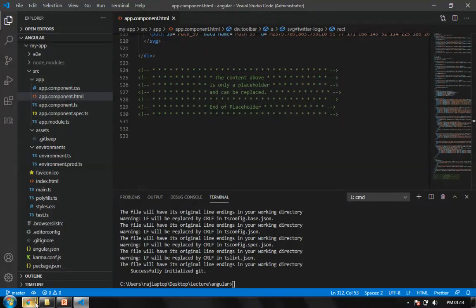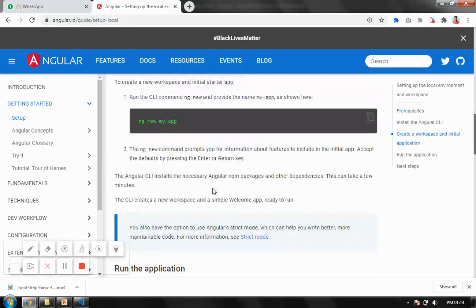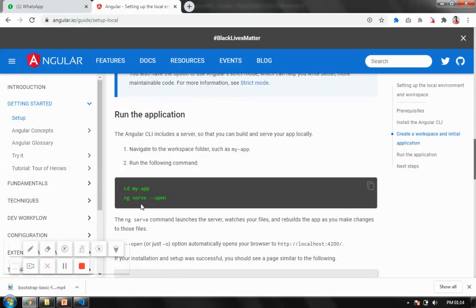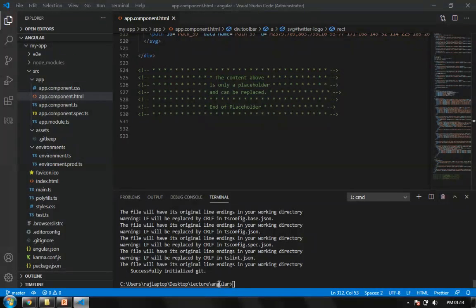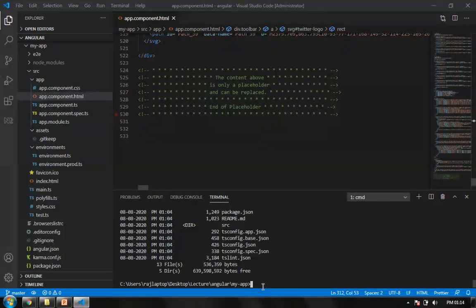Now to run this, the command is next. See, I'm just showing commands also to you. So to run, you have to go into that application directory. So we have to confirm it. Yes, we are in the application. No, we are not in the application because the application is my app. So I have to say cd, that is change directory, my app. So now we are in my app. If I use the list command, it shows me the files. Or if I say dir command, it shows me the files there. Okay, I'm in my app now.